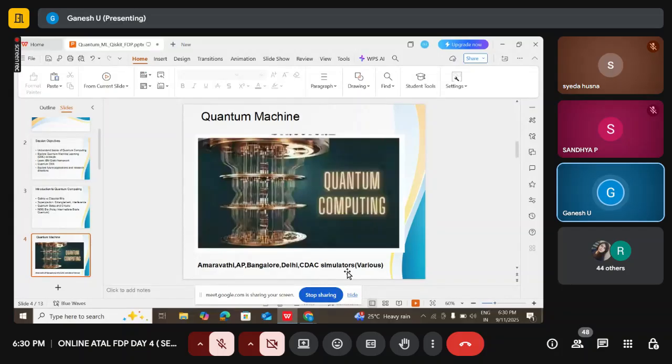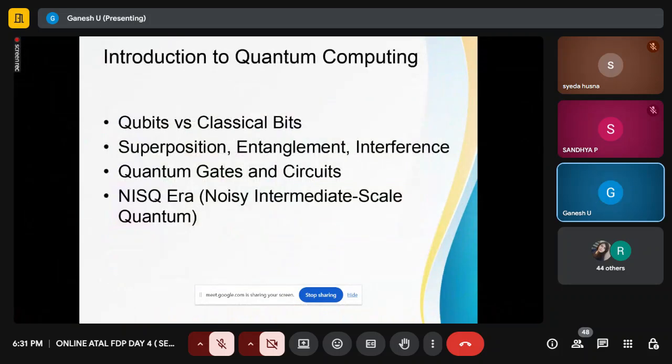There are various simulators, CDAC simulators, available in India. A number of academic institutions have those simulators, CDAC simulators. Okay. So next,